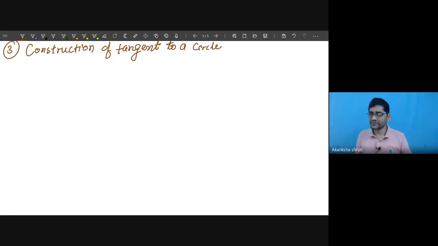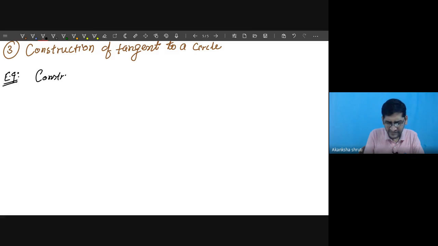Student, it is very easy provided you have the understanding of the bisector of a line segment that we have learned, because a line segment bisector divides the segment into 2 equal parts, and the drawing of a circle. Okay, students, let us take one example. A circle will be given to you and an external point will be given to you. Okay, student. So construct tangents to a circle